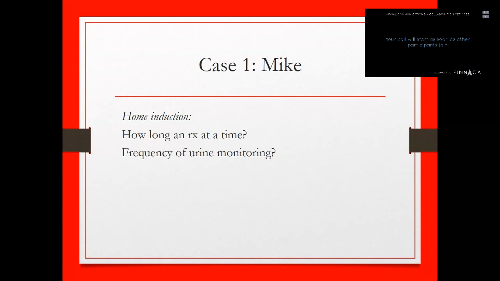Other questions. So how often should we be checking Mike's urine while he's coming into treatment? That really depends on how well Mike is doing. At the beginning, it's reasonable to do it weekly to, again, ensure adherence, to make sure that he's been able to abstain from illicit opioids and to ensure that his urine continues to be negative for benzodiazepines.